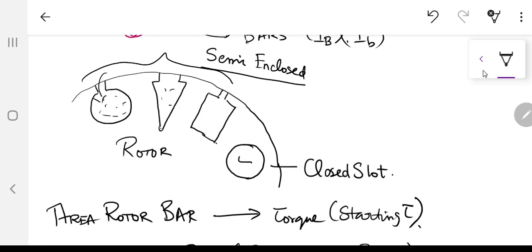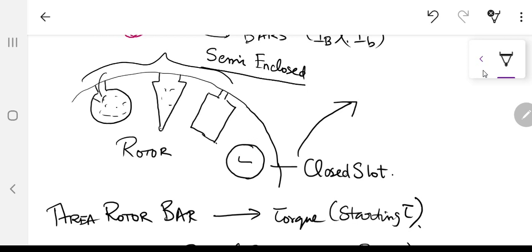Now, very easily over here, if you have a closed slot, something like this, maybe with a circular shape, but there is no opening. So what is going to happen? This is going to be used for maybe a very small machine. If you have a machine of maybe 1 horsepower, 2 horsepower, this is going to be very good. Why? The advantage would be that since there is no opening,